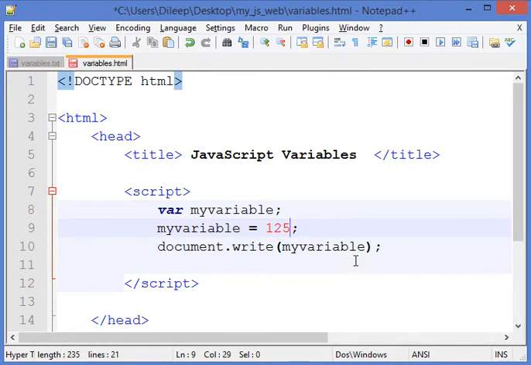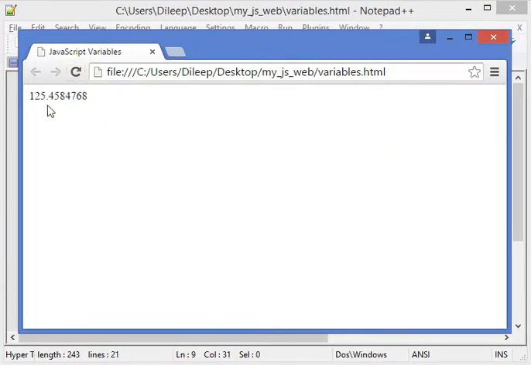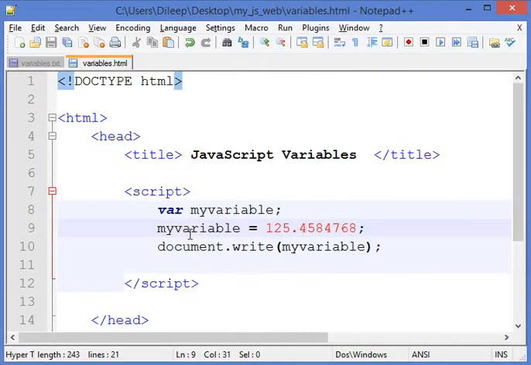Suppose a float value, 125 point something, right? A float value has a fractional part also. Let's save it, go to the browser and refresh it, and you can see the float value appear here, right? So myVariable can hold an integer value or a float value. When myVariable stores an integer value, it acts as an integer. When it stores a float value, it acts as a float. And